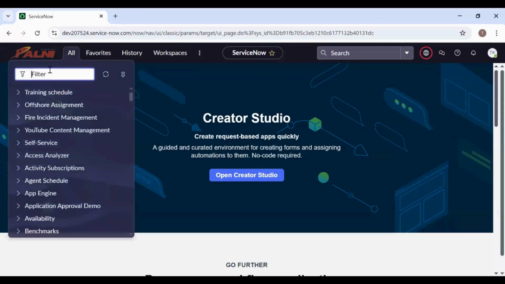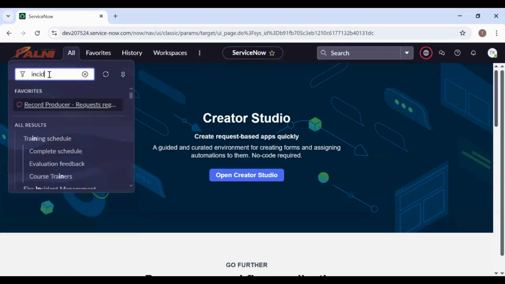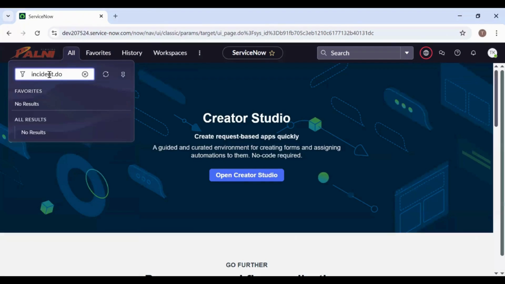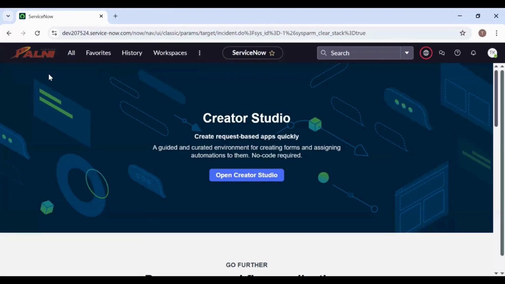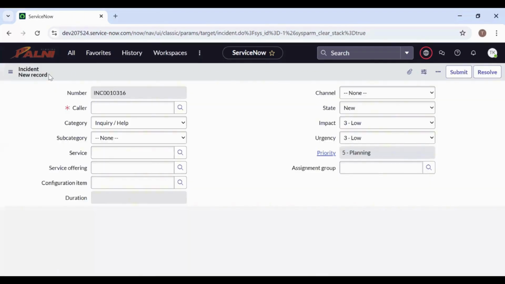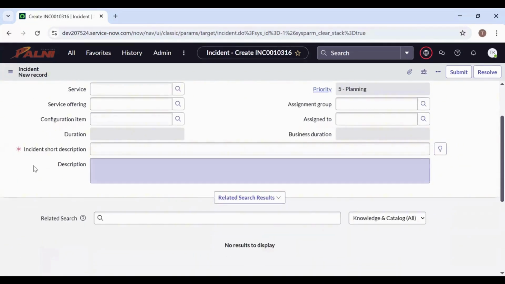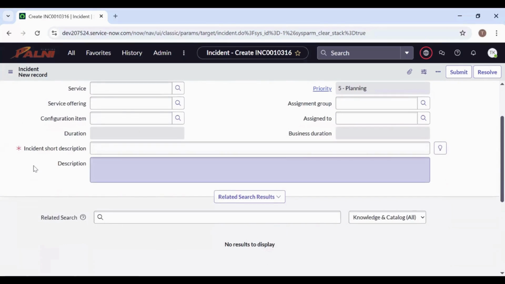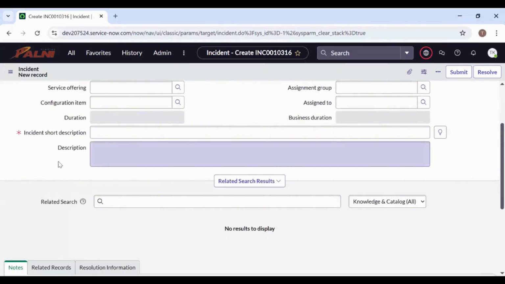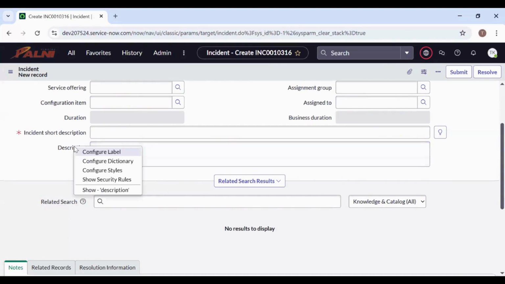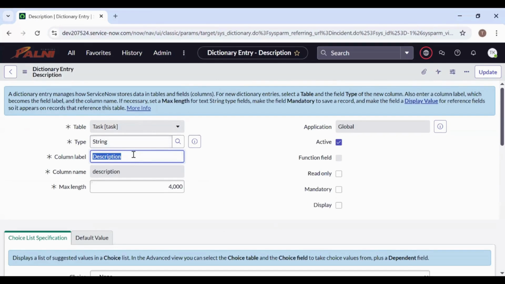Get to the incident form. Right-click on the description field and click on Configure Dictionary. Change the label to Title